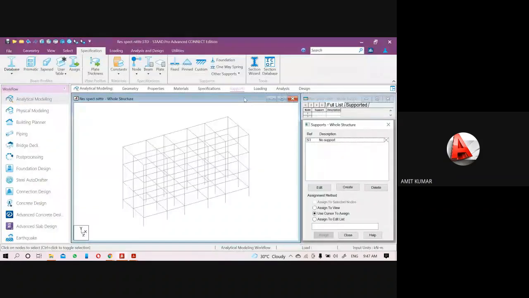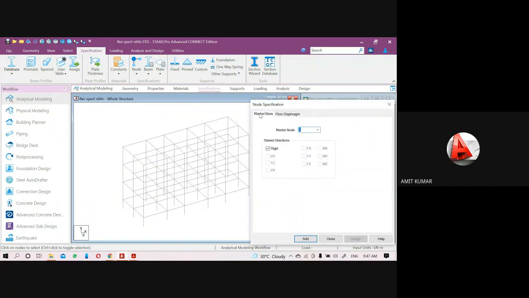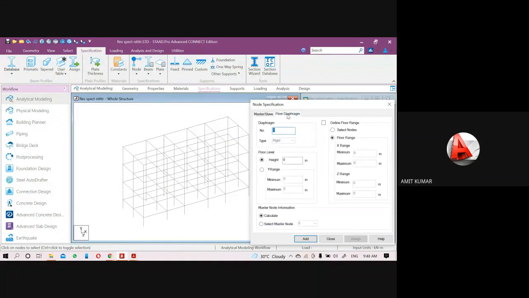First, before applying the support, I will go to create the rigid floor diaphragm. Let me explain why we use this. We can define a rigid floor diaphragm using the master slave or using the floor diaphragm option. Since we have to create a rigid floor diaphragm, we will use the floor diaphragm option here.